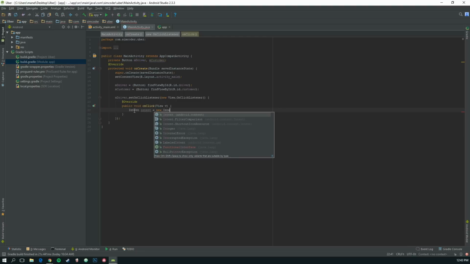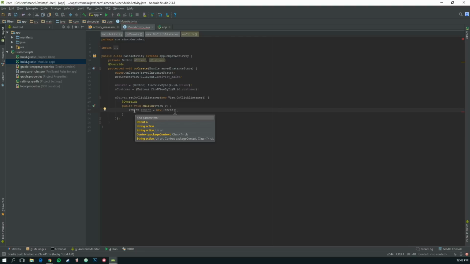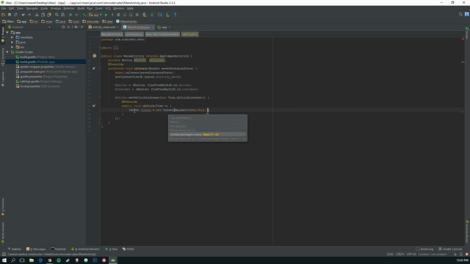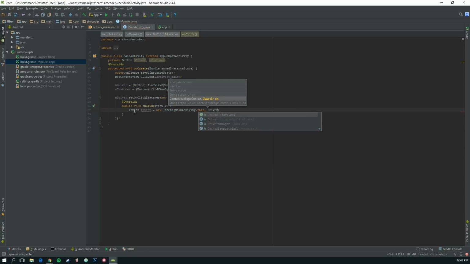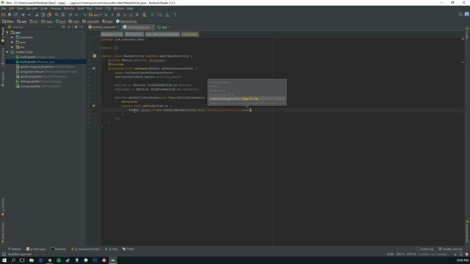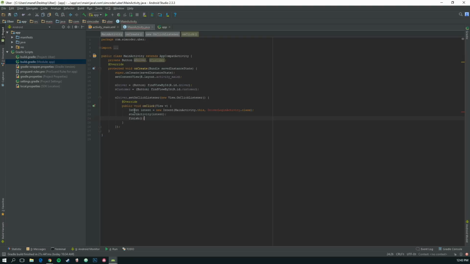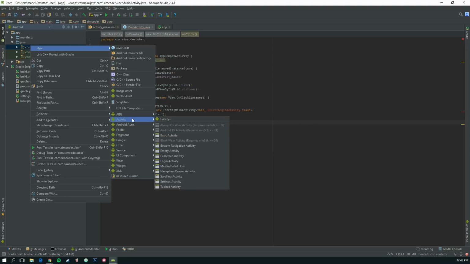So we can call intent, MainActivity.this and DriverLoginActivity, which we'll create now. Okay, start activity intent and finish, return, and that's all. So now let's go ahead and create our activity for the login of the driver,